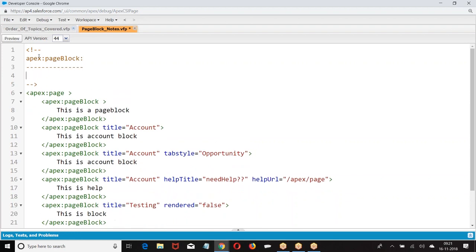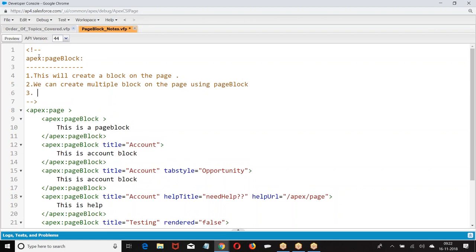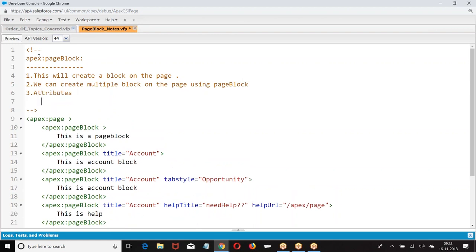Now this will create a block on the page. We can create multiple blocks. What are the attributes we have? Properties.